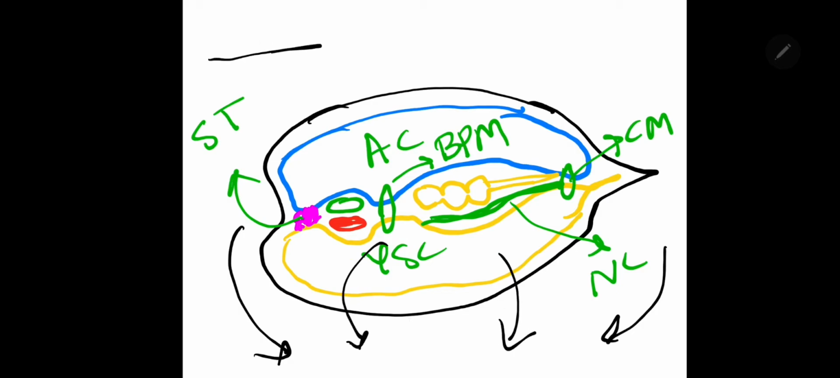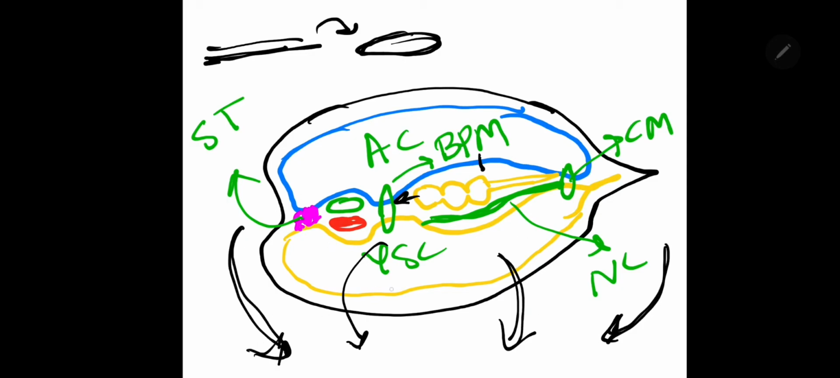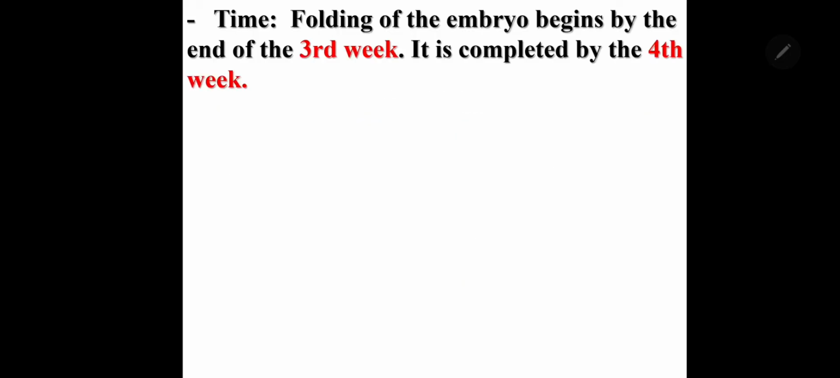So the flat trilaminar germ disc is converted into a cylindrical embryo. That is the purpose of this folding, and this folding happens due to what? Due to rapid growth of central nervous system. There will be head fold first, then tail fold, and simultaneously there will be lateral folding due to rapid enlargement of the somites. So this all happens, and the folding happens by the end of the 3rd week and completed